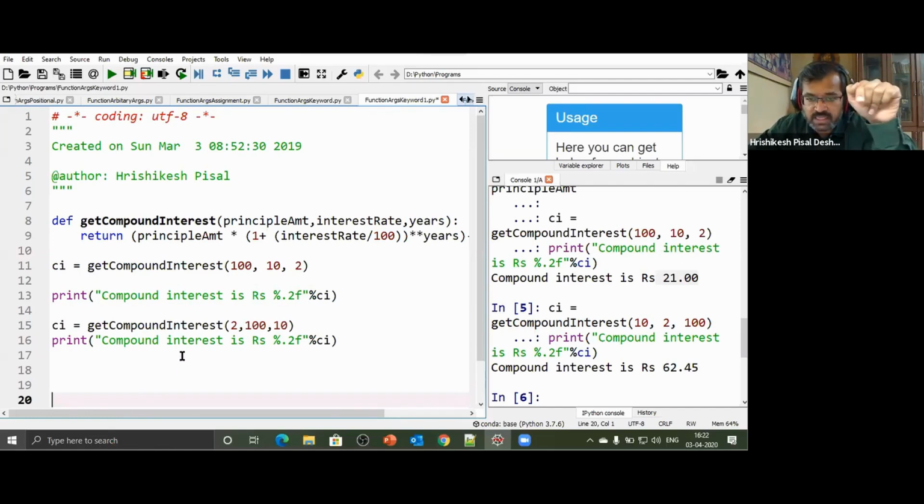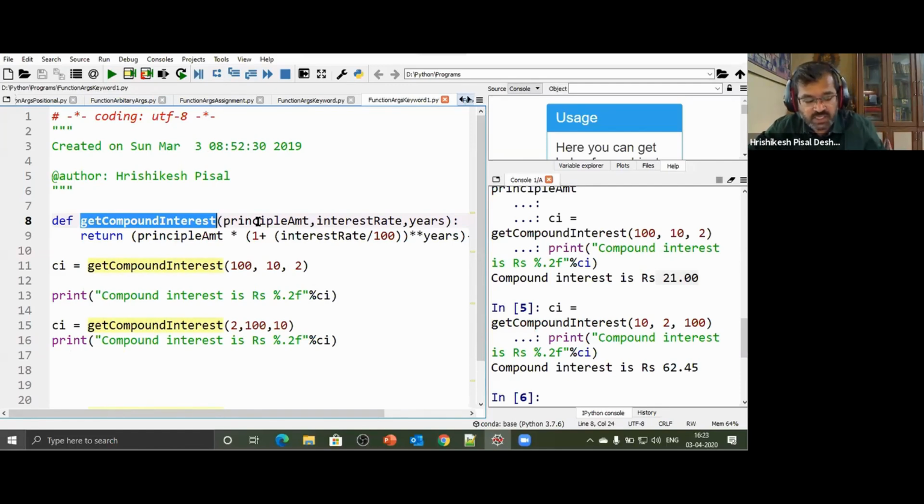That somebody else who is using your function is not just required to know the name of the function, he is required to know what's the first argument, what's the second argument, what's the third argument. When there are 2-3 arguments, that's still manageable. But think about a function in which I was passing 4-5 arguments, and I had to keep in mind not just what arguments are to be passed, but also the order in which they are passed. Now that definitely is going to be a nightmare scenario for anybody who plans to